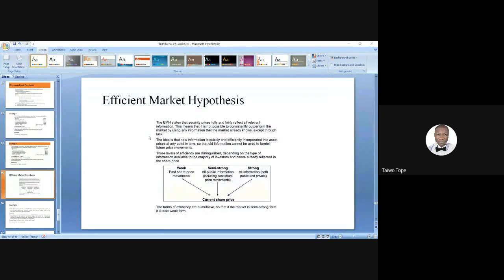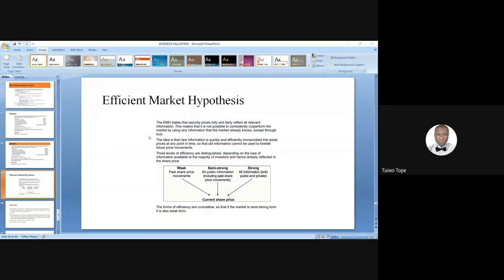So the tests will always show that only 0.1% of a share price change on one day can be predicted from knowledge of the change in the previous day. So there is no consistent way in which the market moves. So the stock market is a weak form of efficiency. So future price movement cannot be predicted.